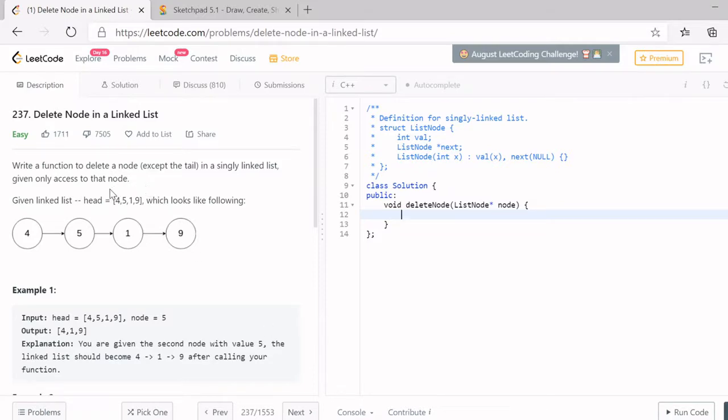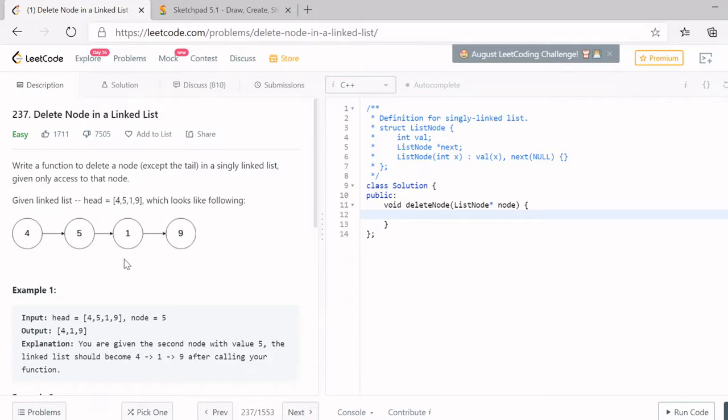So guys, today our question is a very interesting one. This question is about linked list and has been asked multiple times in interviews of Goldman Sachs and Amazon. So it's a very interesting question. We have to delete a node from the linked list. Seems quite easy, but this is a special case.